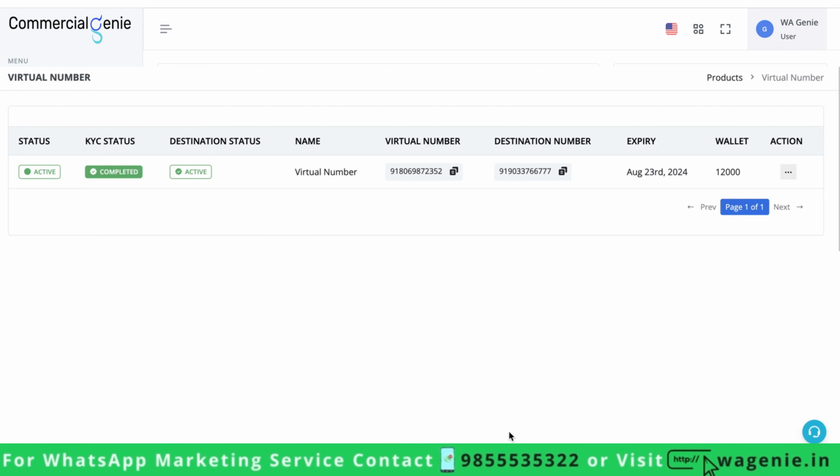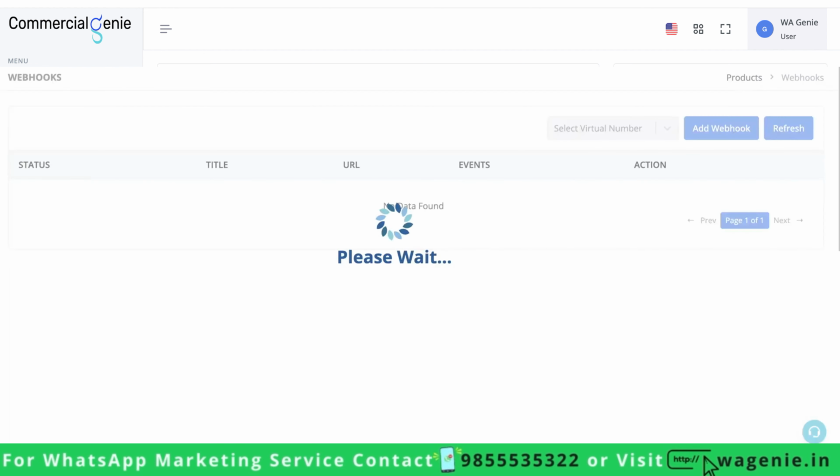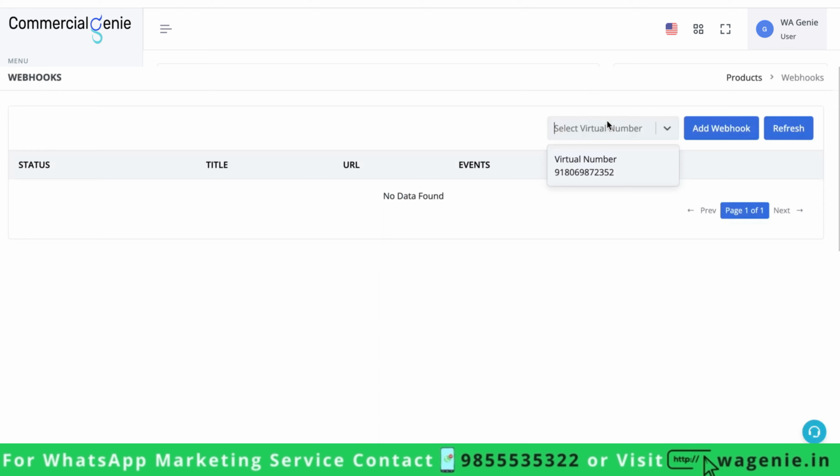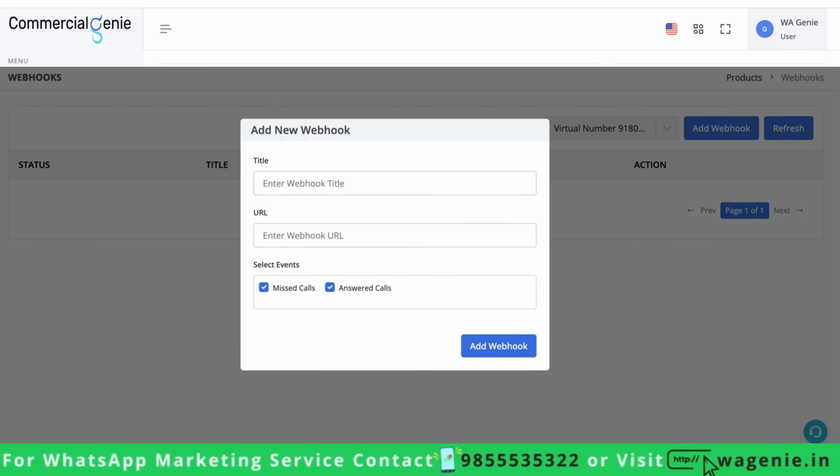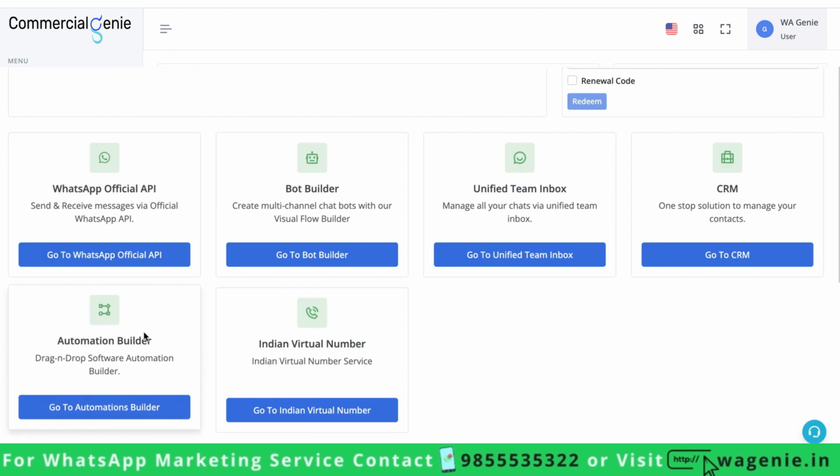Let us see how you can create an automation flow based on missed calls received on your virtual number. Go to the webhooks option, select your virtual number, click on add webhook. Now go to the automations builder,